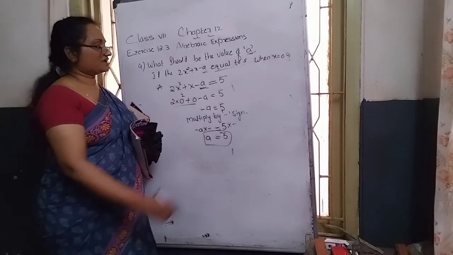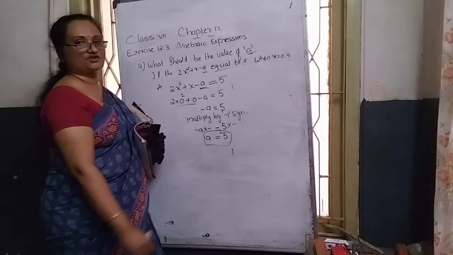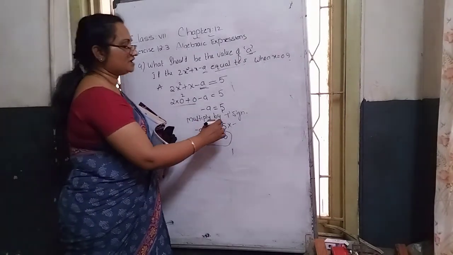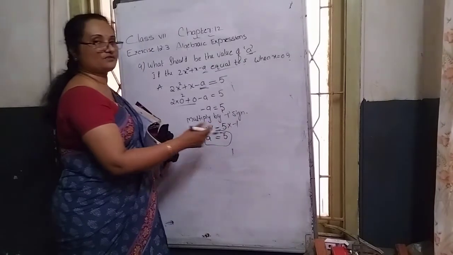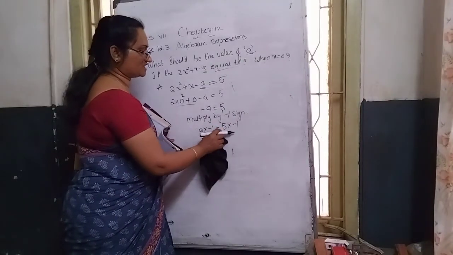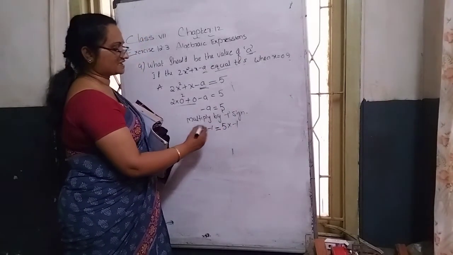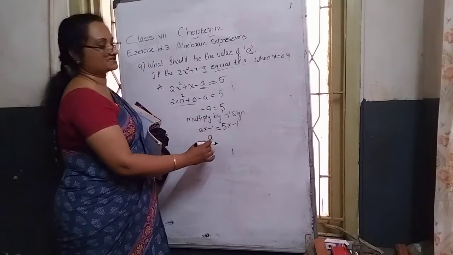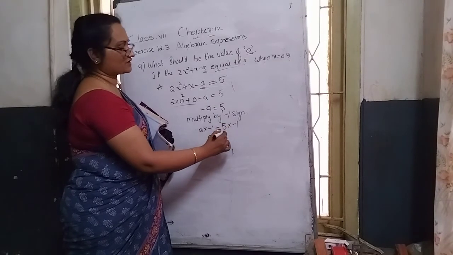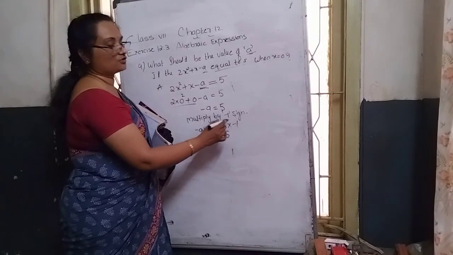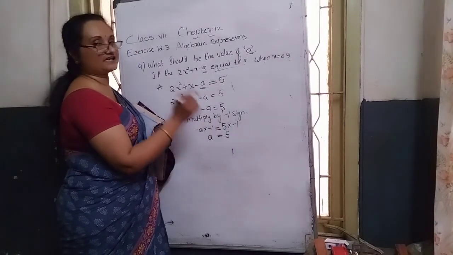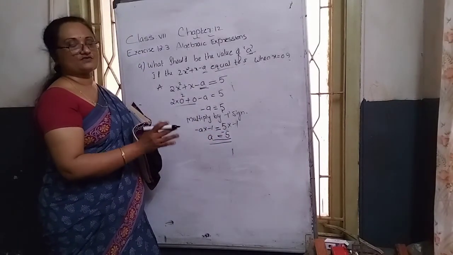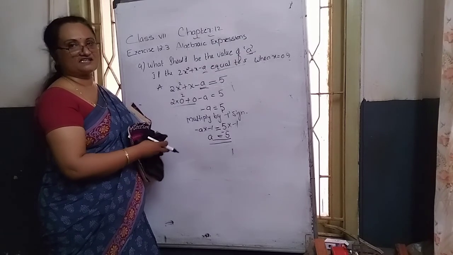Otherwise, you can use minus 1 instead of the minus sign. Minus a is multiplied with minus 1, and plus 5 is multiplied with minus 1. Anyway, you can use that method. So a into 1 becomes a. Minus into minus changes to plus a. Then 5 into minus 1 becomes how much? Minus 5. Here how many times is minus repeated? 1 time. Is 1 odd or even? Odd. That is why the a value becomes minus 5. Anyway, you can think and solve that sum.